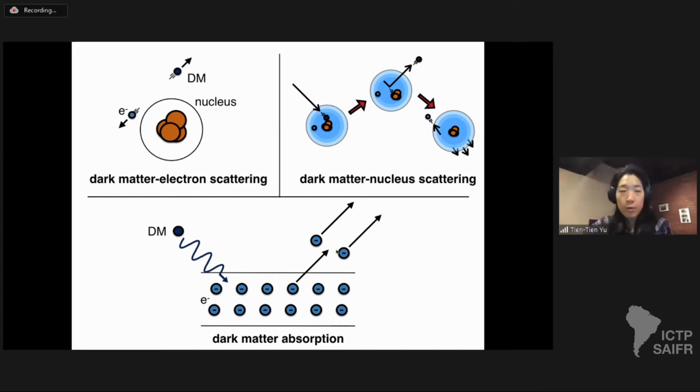And so these are three different categories of dark matter models that you are sensitive to with these experiments. Of course, there's probably others. I invite folks to propose other different models.